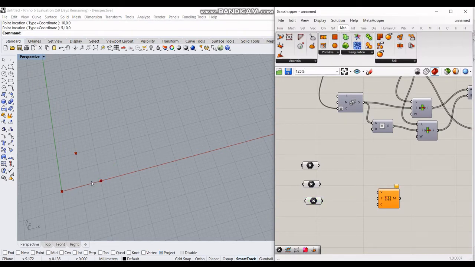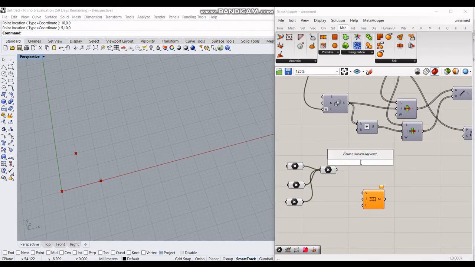So we have got the 3 vertices here. Now let us just combine them together as a single point, so that we'll get a sense of how to generalize it for a general origami pattern. Now we'll use the point list component.